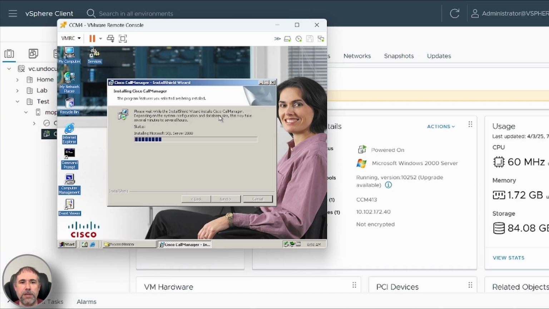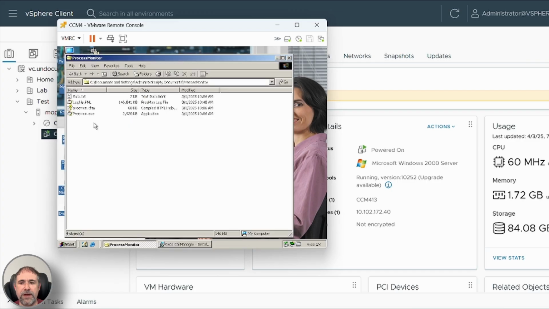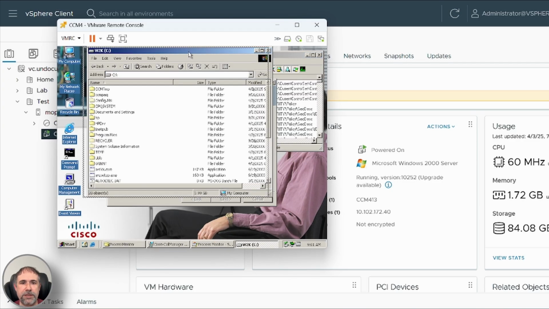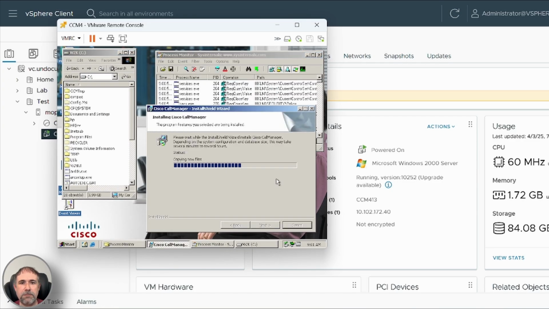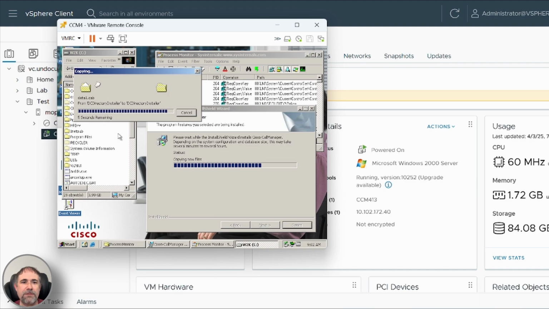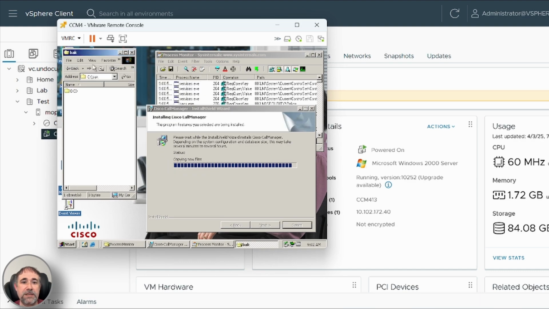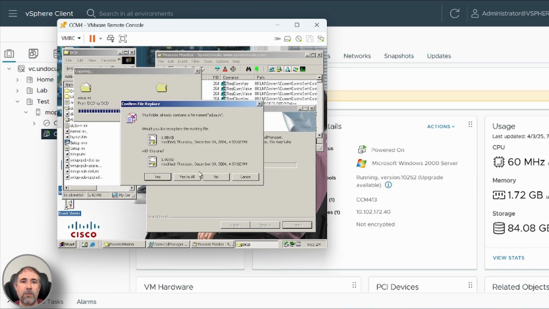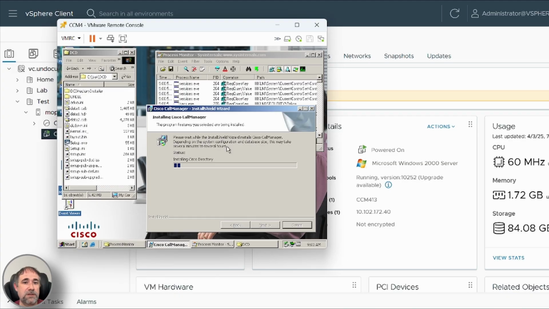So what we're going to do is rerun the CallManager installation again, and so that we don't have to rerun this whole installation over and over and over again, we're going to run a utility here and find the actual installation command. We're going to run Process Monitor. We're going to back up the files for the DC Directory installer, and we're going to find the exact install command that Cisco's using to install DC